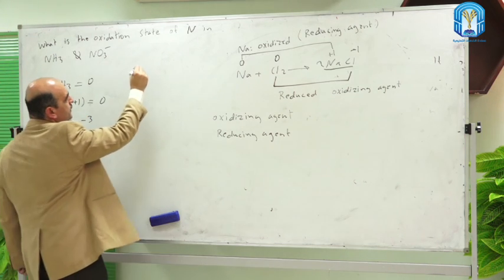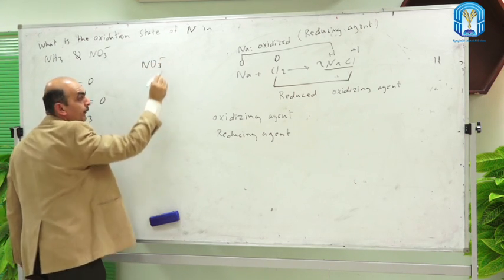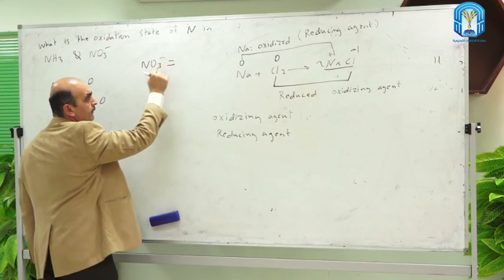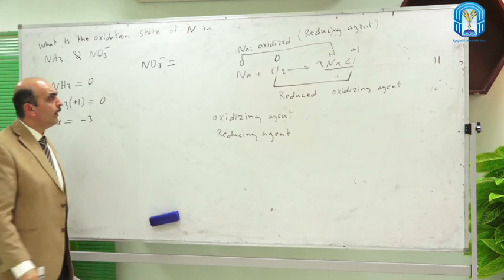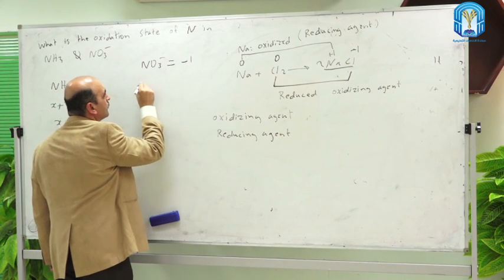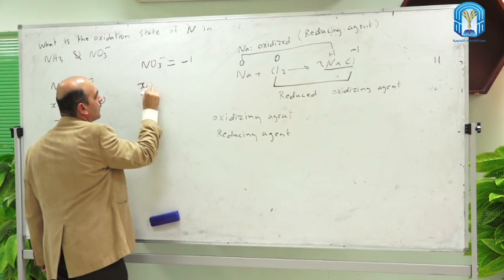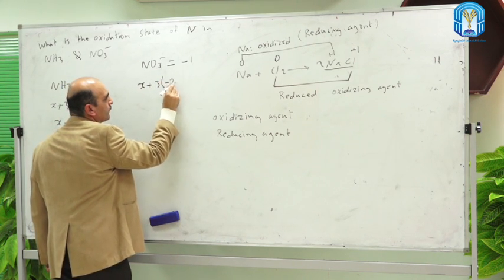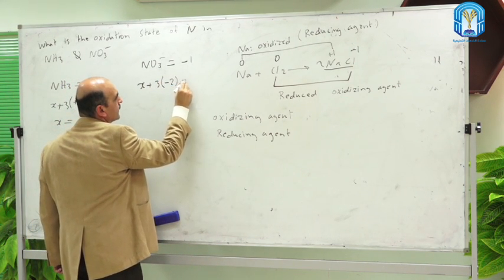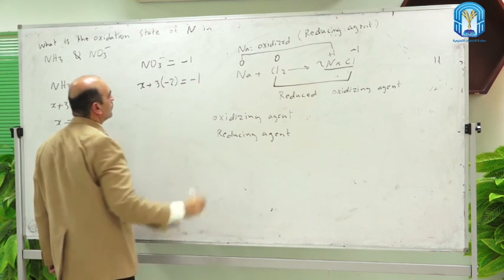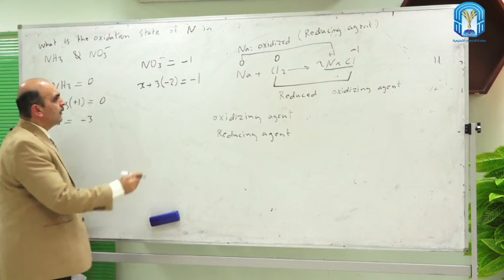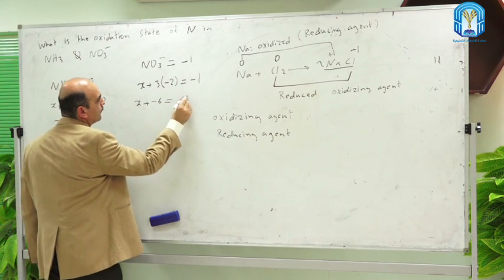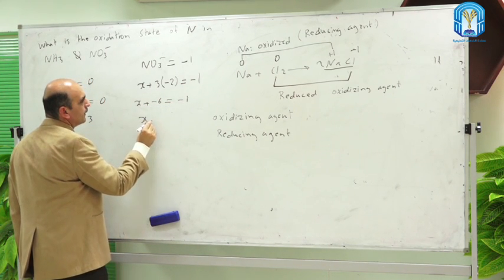For NO3 minus, now we calculate it. So the total charge here, as you see, is negative 1. So we put X plus 3 oxygen atoms, each has negative 2 charge, and this is equal to negative 1. So X plus negative 6 equals negative 1. That means X equals